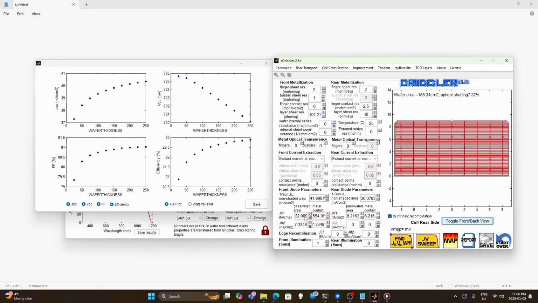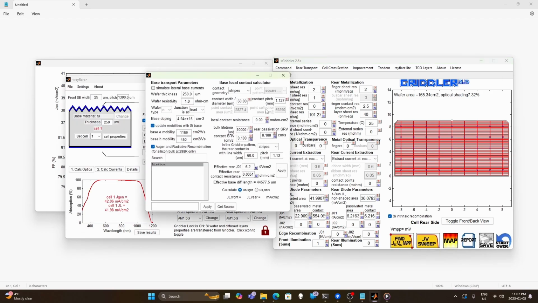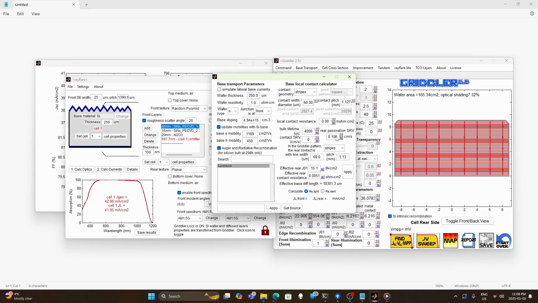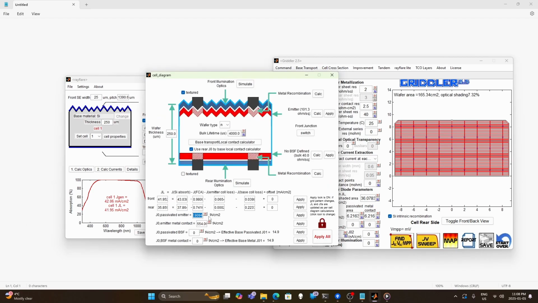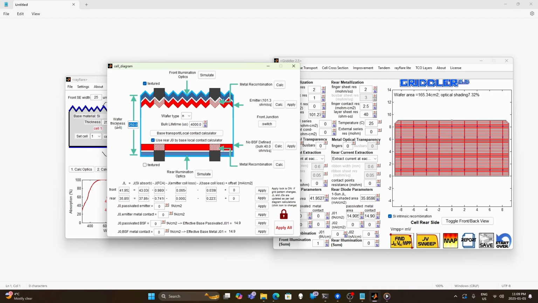For instance, we can make the surface recombination terms a lot smaller so that the recombination is really dominated by bulk recombination, and that should have a greater influence on the VOC. So for instance, we can set the J02 terms to 0. We can go to base transport, make the bulk lifetime 4 milliseconds, make the surface recombination terms 0, make the emitter terms 0. So as we vary the base thickness, this term will dramatically go down, as will the